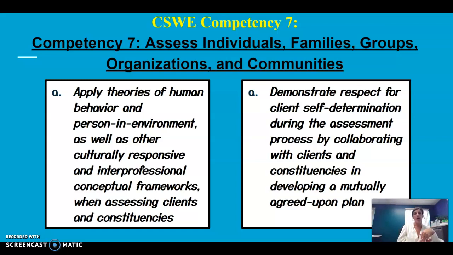Obviously, we're just focusing on the individual and family level, but through some of our assignments, we're going to make sure all of you will be able to assess and meet these 2 different practice behaviors, which are applied theories of human behavior and person and environment, so very HBSE stuff, as well as other culturally responsive and interprofessional conceptual frameworks when assessing clients and constituencies. Really, really fancy and wordy way to say, how are you looking at your clients, and is it in something that is evidence-based versus just your own personal views?